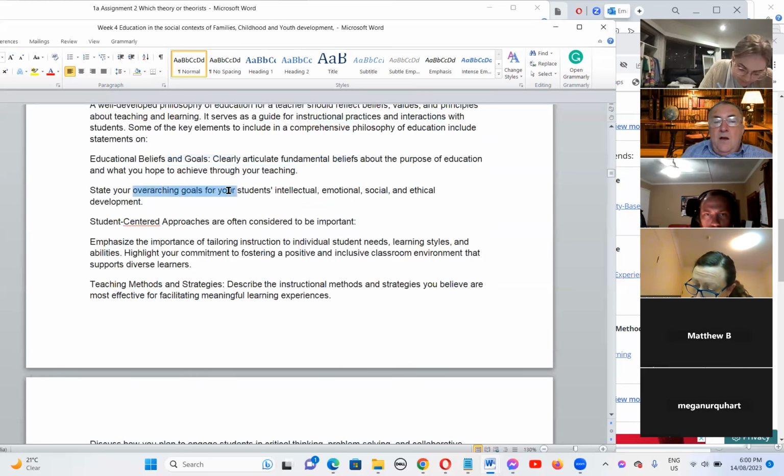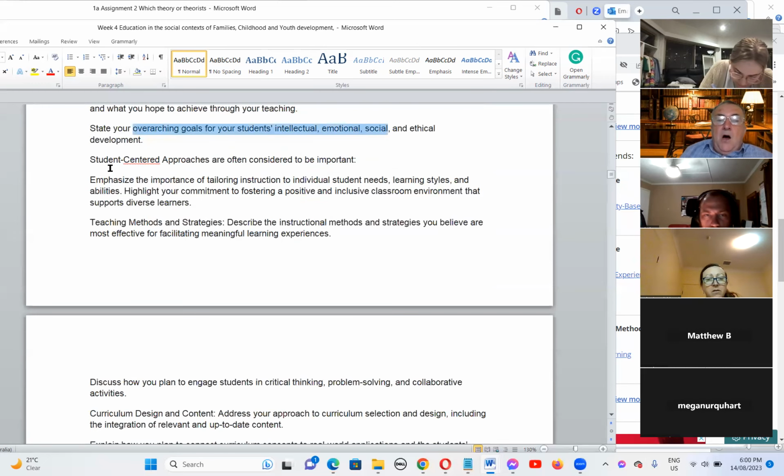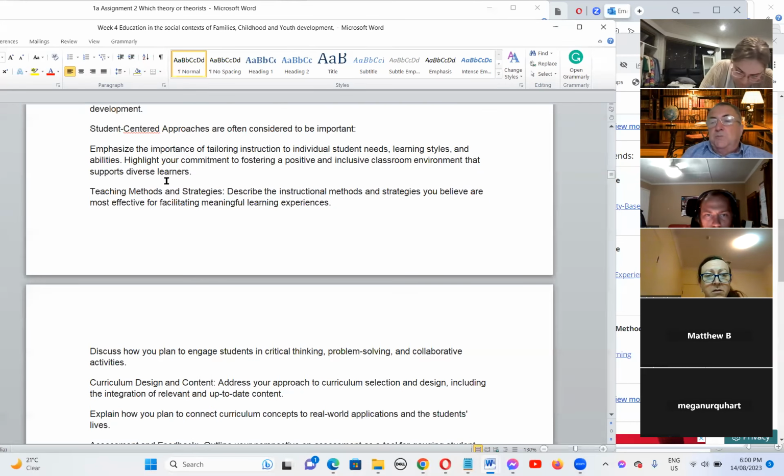It could state your overarching goals for students in terms of not only the intellectual development, but also their emotional, social, ethical, and values development. Often it'll include statements about a student-centered approach rather than simply a top-down approach, but at the same time, you might balance that with the need for structure and clear guidelines for the students.